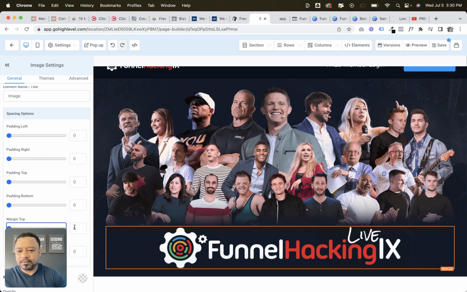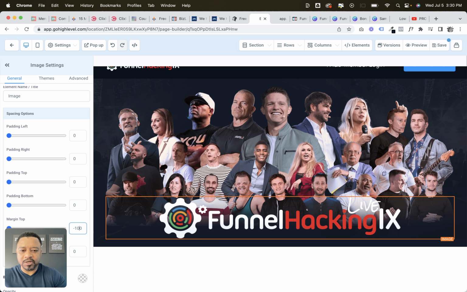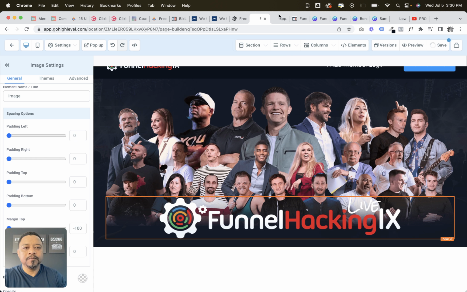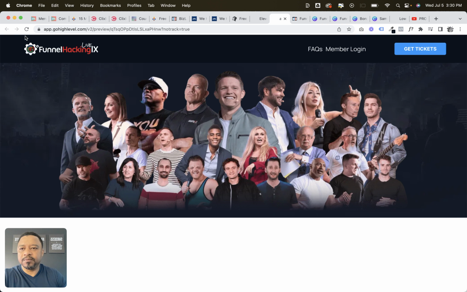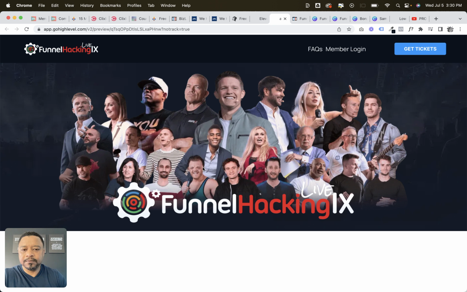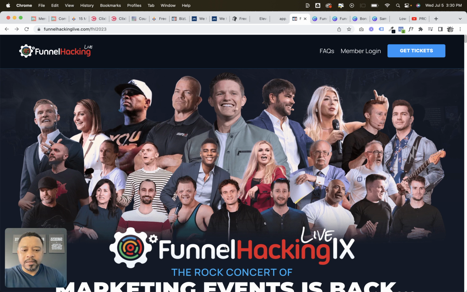Margin top. Let's start with negative 100. Let's see how that looks. Save, preview. It's starting to come along. Not perfect, but good enough. Next element